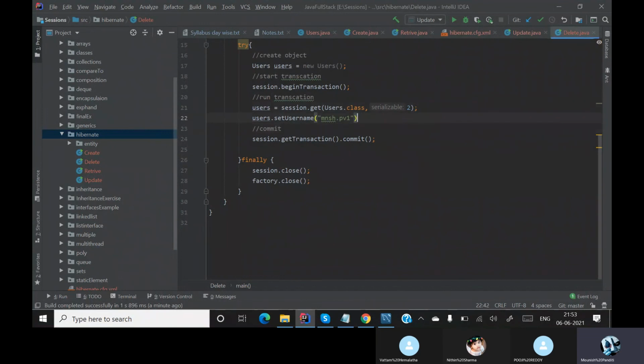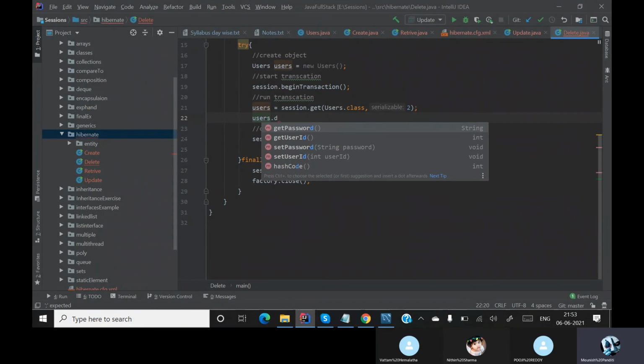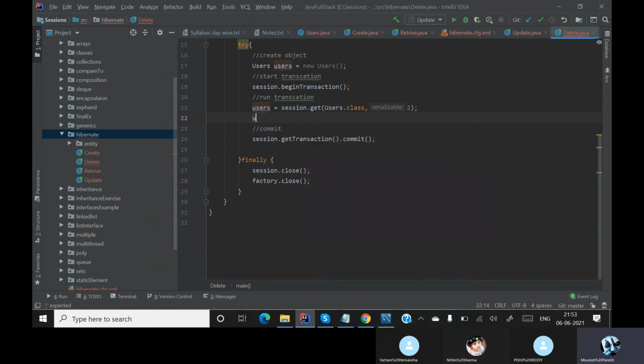After getting that, you search for an option called delete, or else you will get a direct option here itself. Begin transaction. After beginning the transaction, you select users dot class. You select which one you want to delete.